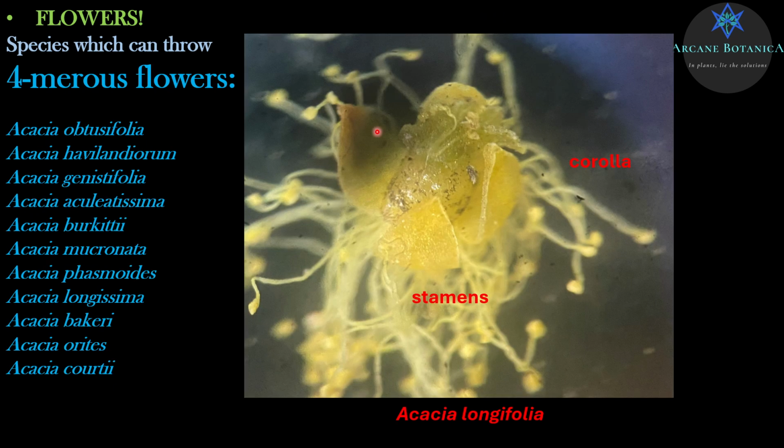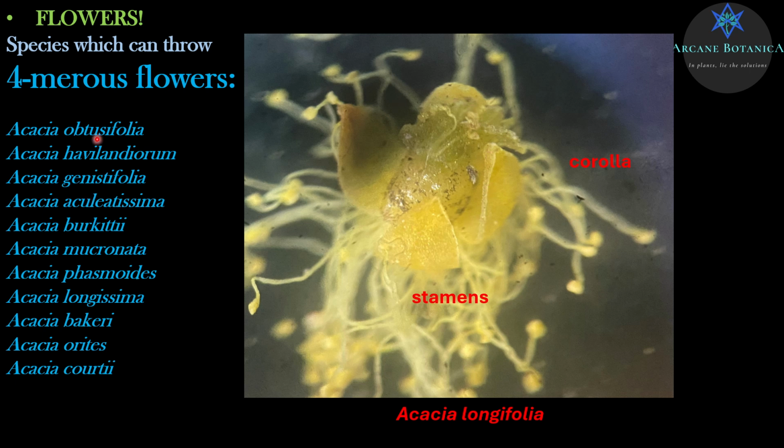Just a real close up here, just tried to blow it up. 1, 2, 3, 4, there's the 4 parts. So you can actually observe it. If you get them down a dissecting microscope, you carefully pull them out with your tweezers. You can take your time, because there's a lot of flowers there. If you grab a couple of spikes, you're going to have a lot of flowers to play with at the right time of year, of course, but you can grab them and just have a look at the ones that have got 4-merous